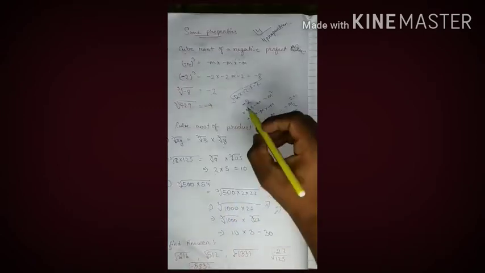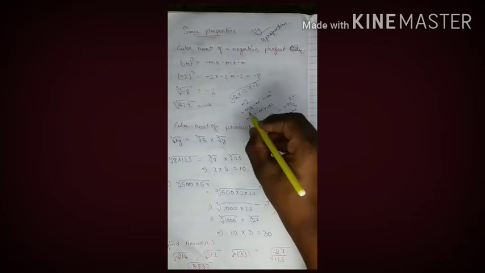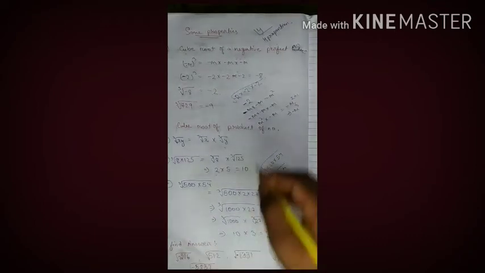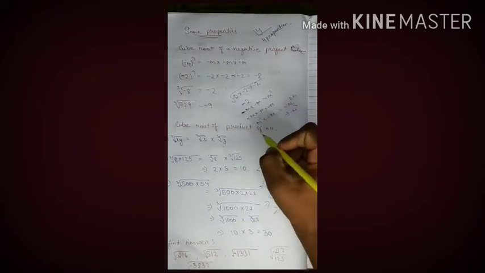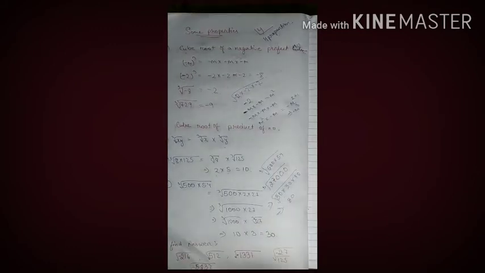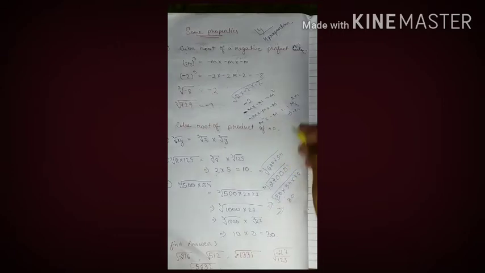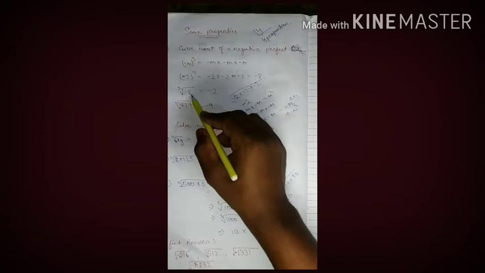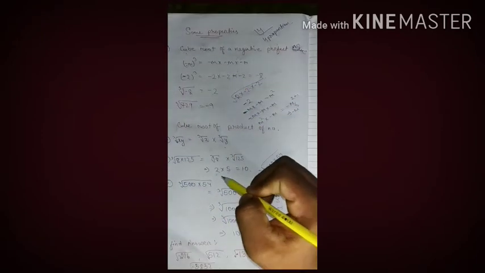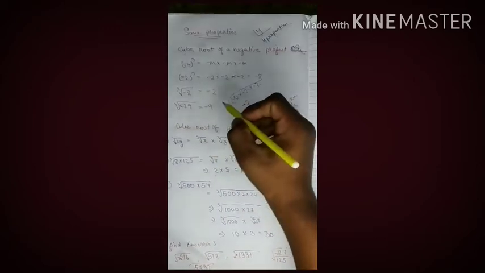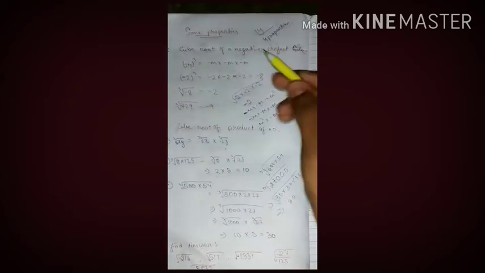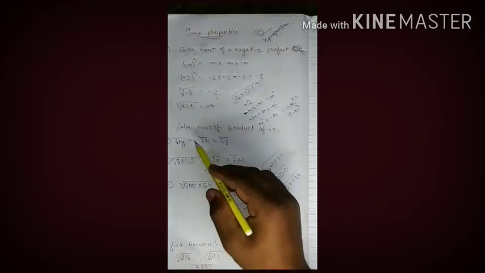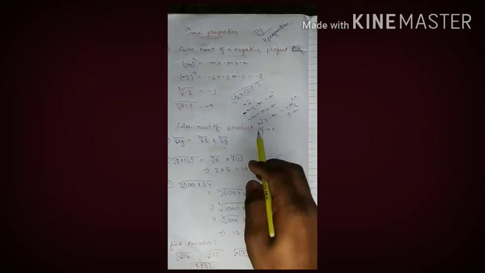How I am telling you, see, minus m into minus m is m square, because minus minus is plus. But here 3 are there, which is odd, so 1 extra minus is there. Plus into minus gives minus. So the answer is minus m cube. Same here, root of minus 8: take minus 2, then the remaining is minus 2 times minus 2, so the answer is minus 2. And for 729, it is minus 9.